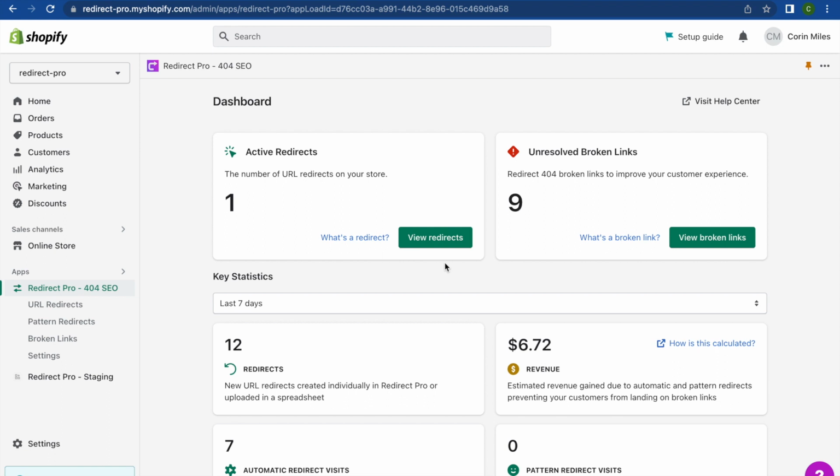I'm going to show you how to set up the automatic redirects feature in a few clicks on the Redirect Pro Shopify app. These are essentially rules-based redirects which automatically divert visitors to your store away from broken links, so you don't have to spend hours manually redirecting each one, and you can focus on more valuable